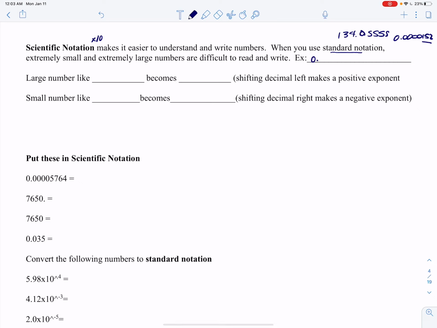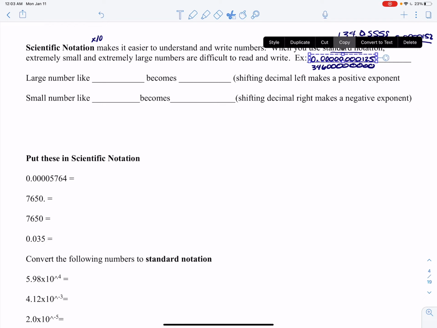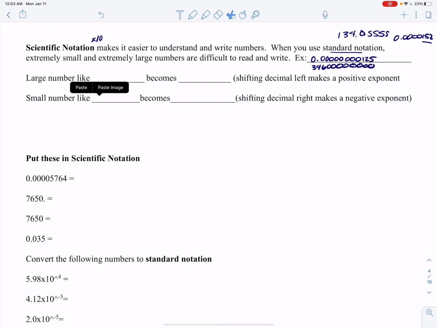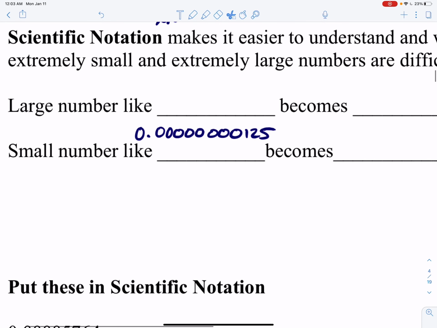So an example, again, of a really, really small number that's hard to read and hard to understand, because sometimes you get past a certain point and numbers don't make any sense. Both of those are hard. So a large number, like this number right here, and a small number, like that number, becomes